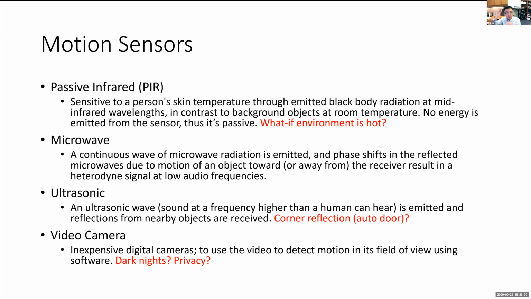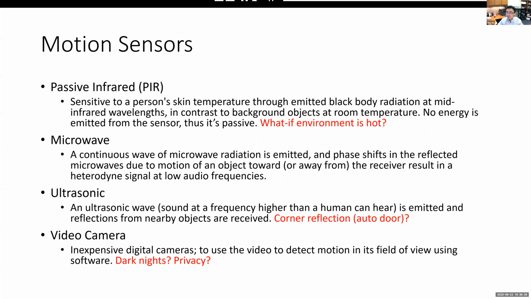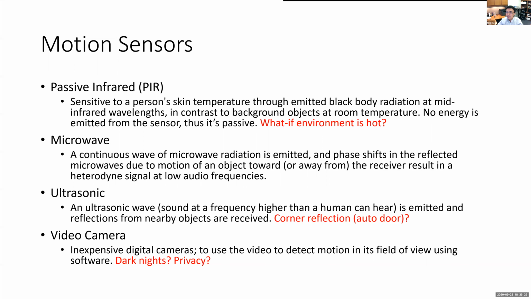Microwave, we basically just send out a continuous wave of microwave, and we check the reflection. Question, guys, why a microwave? Why micro, not a bigger wave? Anybody? This is physics 101, guys. Maybe to travel faster. It's faster, it can easily penetrate the buildings, but more importantly, when the frequency of a